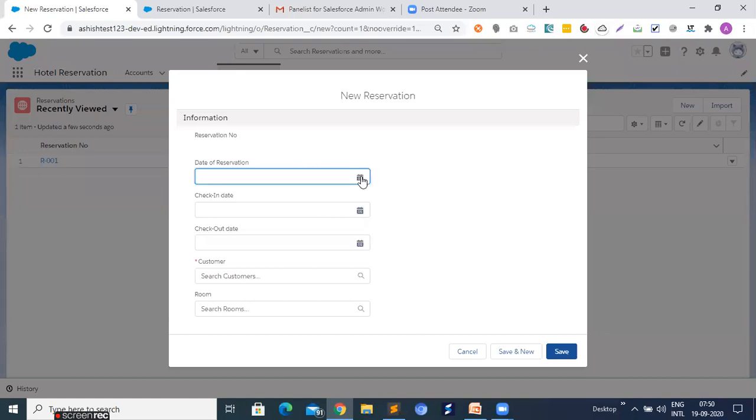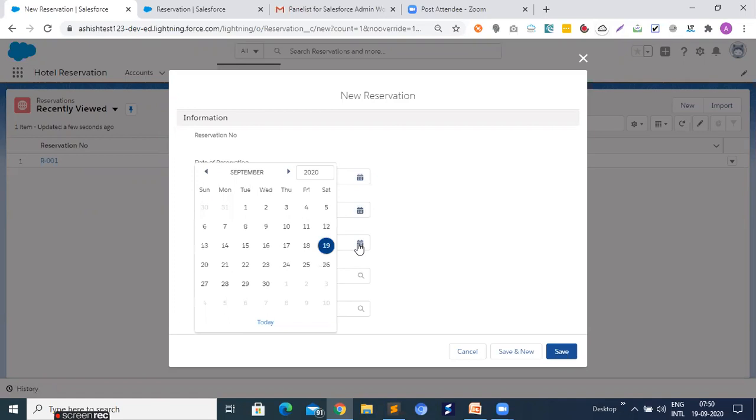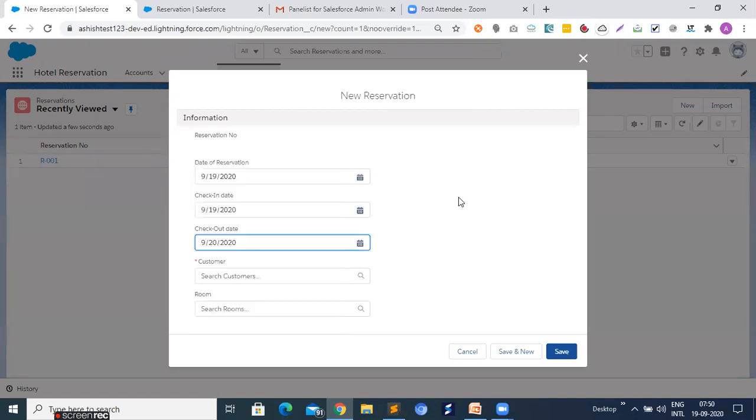And date of reservation, just specify. Check-in date, check-out date. Now you find in customer, there is one red mark.